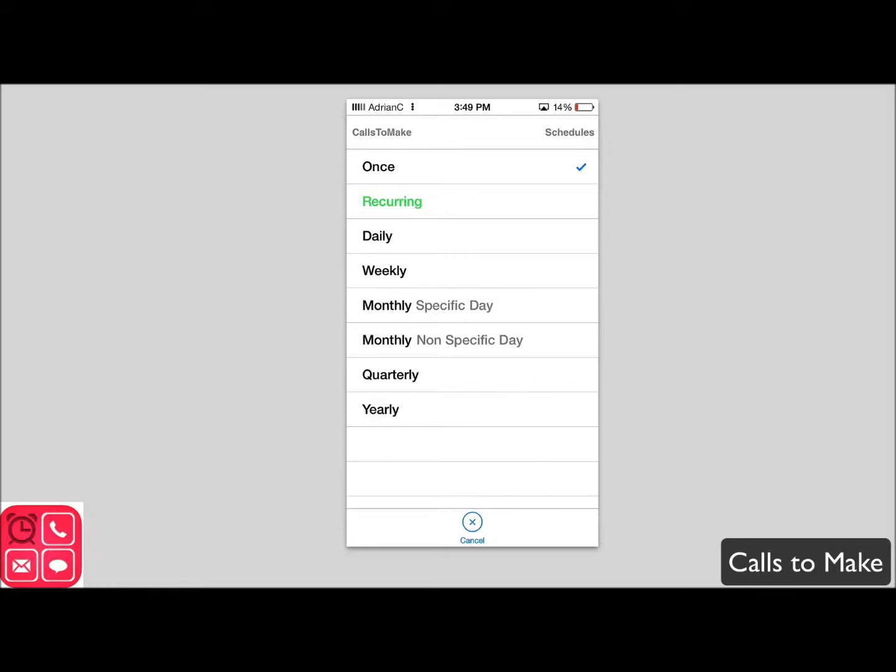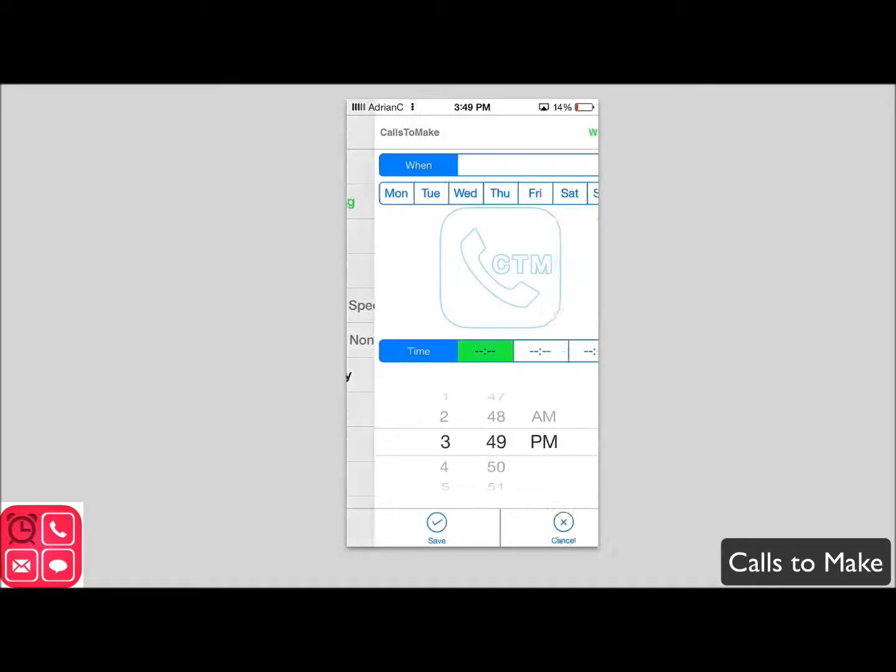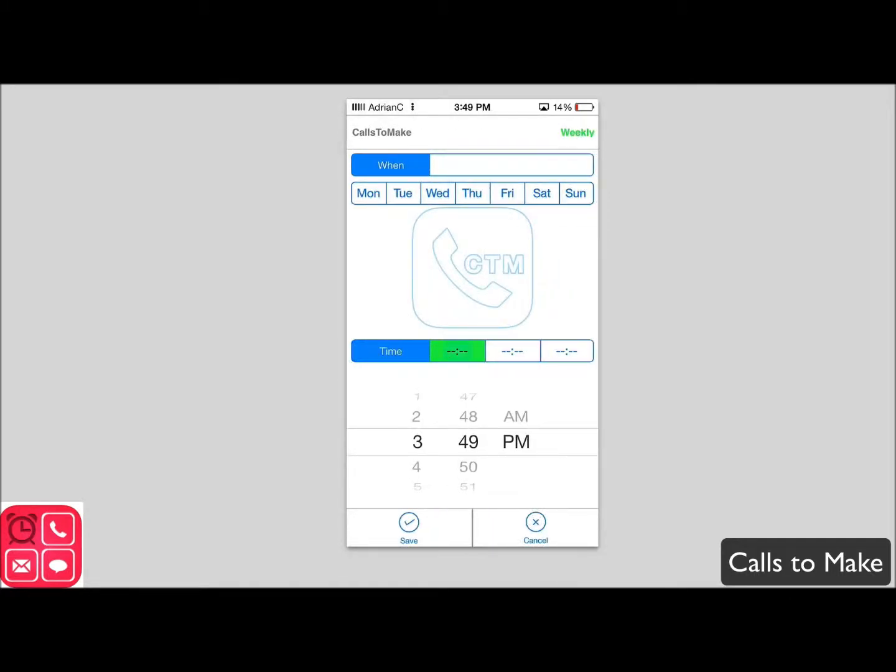and as you can see here, you have multiple options in the field for the time and date. So you'll be presented with options on how to make it, whether it's once, daily, weekly, monthly, yearly, maybe for birthdays and special occasions. So for that, let's go ahead and try a weekly schedule. So I'll go ahead and tap on weekly,